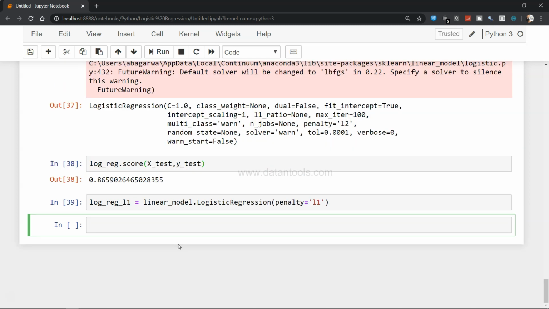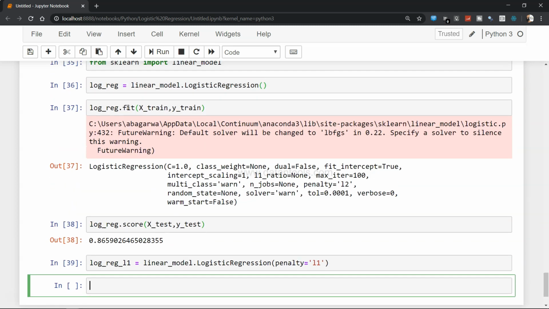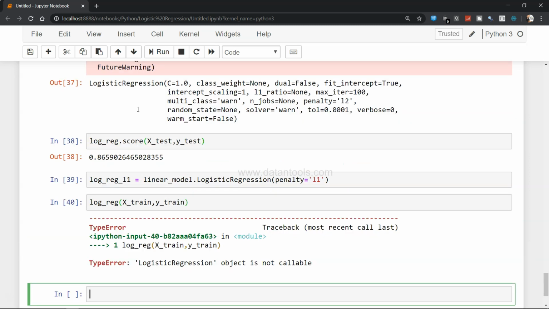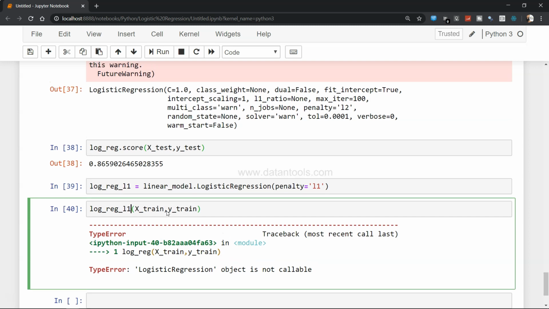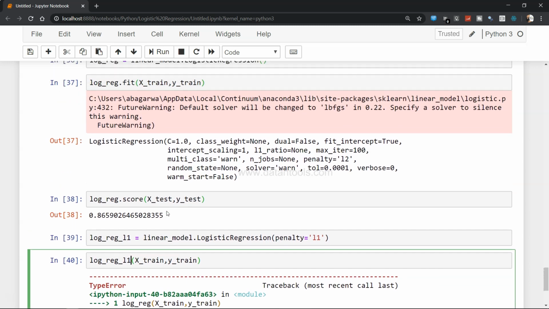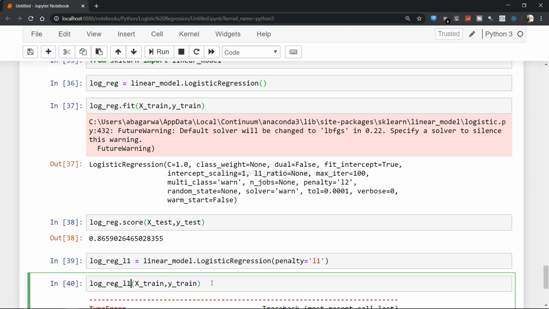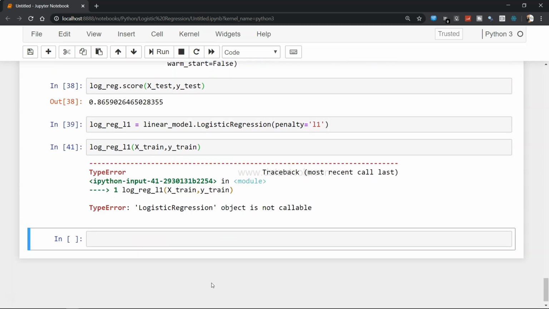All right, and then we can fit like this: log_reg_L1 dot fit, x_train, y_train. Sorry, log_reg_L1 linear model over here, execute.